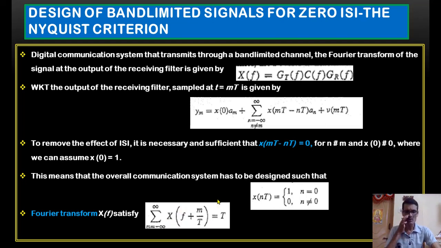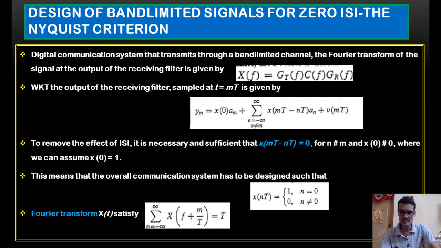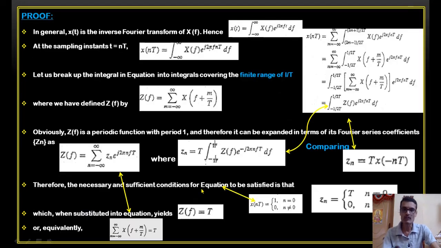Fine. Now we will go to the proof of this. Just look at this. I have taken this equation here. This is in the frequency domain. I take an IFT of that, the inverse Fourier transform. So what is the IFT? This is the standard equation, right? x(t) is equal to this integral of X(f), at t equal to nT, let us say, a particular instant of discrete time, X(f) exponential of j 2 pi f nT. That's what I'll get. Is it right?